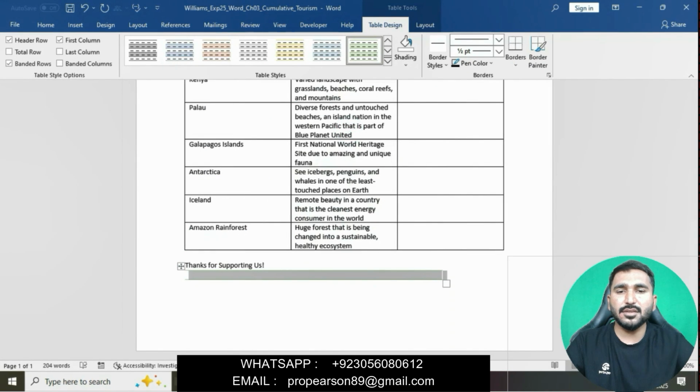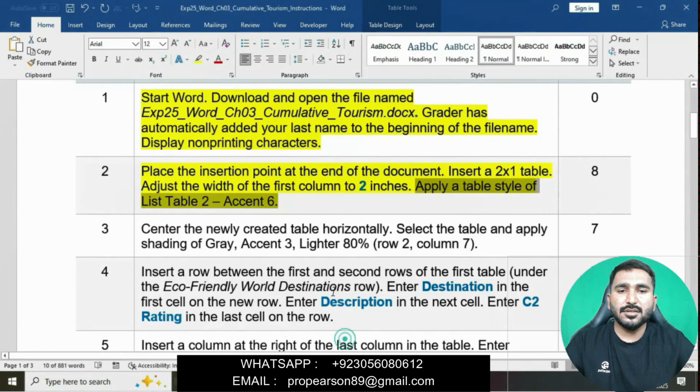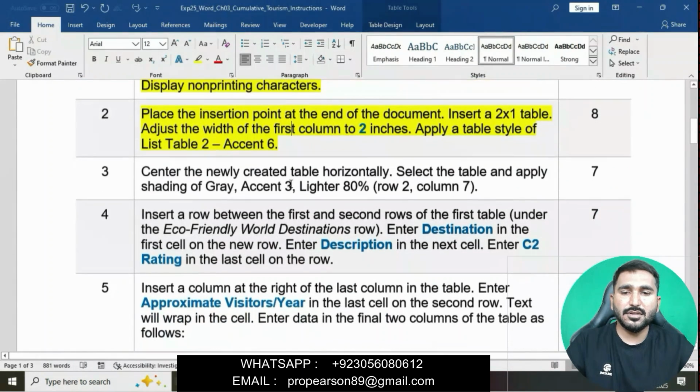You can see in this question, first I inserted a 2 by 1 table with 2 columns and 1 row. Then I set the width of the first column to 2 inches. Then I changed the table style to List Table 2 Accent 6.